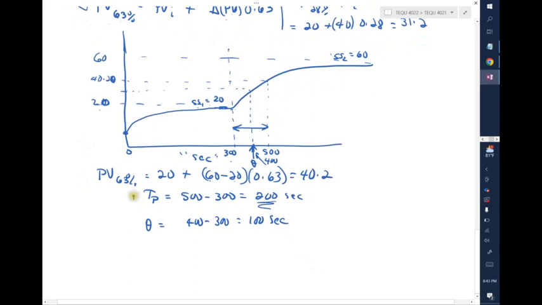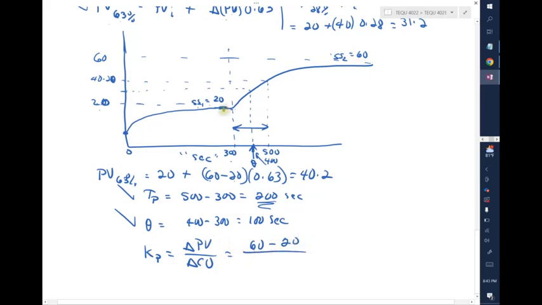Actually, I got the tau p and theta, which is the dead time, and I only need Kp. Let's put Kp like this. For example, it's going to be 60 minus 20. That's delta. Actually, let me write it like this: delta PV over delta CO. Let's say that's going to be 60 minus 20 over